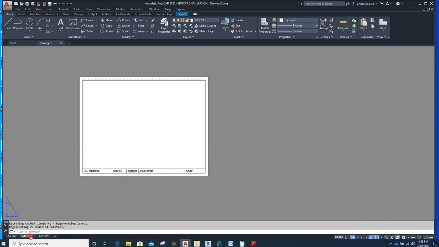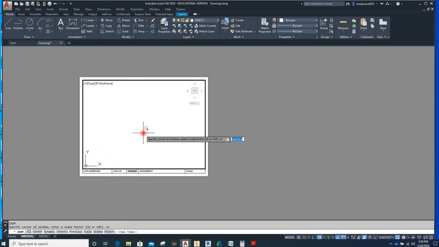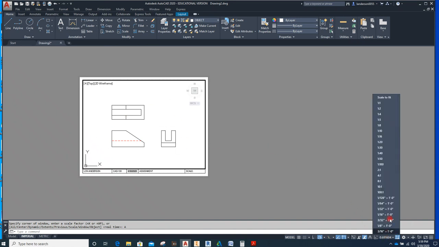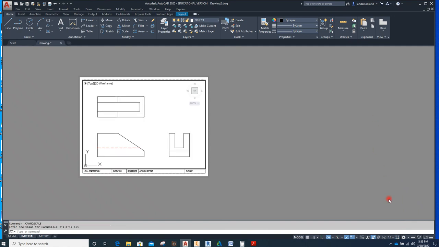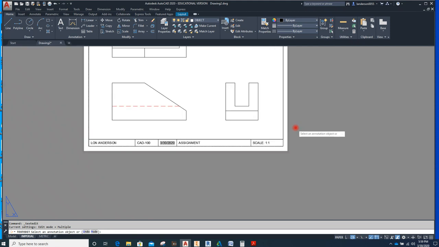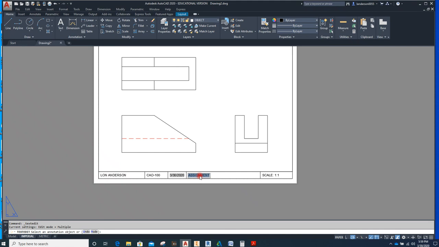So then we go here, double click inside. When you double click, make sure that this is bold. That means your viewport is activated. Okay, you can hit Z for zoom, A for all, and there it is. You bring it down, you want to center it roughly. Click over here, make it 1 to 1. Click here, and 1:1. Or if you wanted to put full, F-U-L-L, you could do that as well. Okay, you would change this to